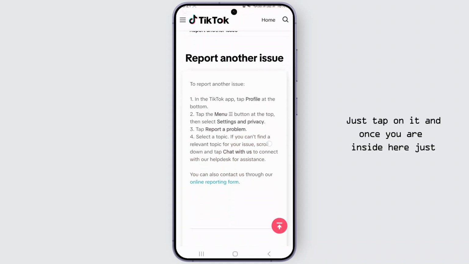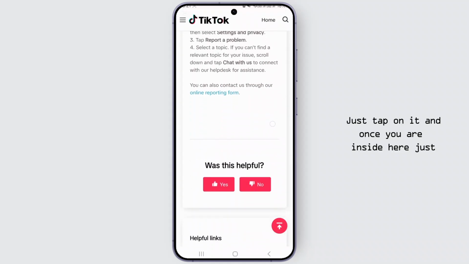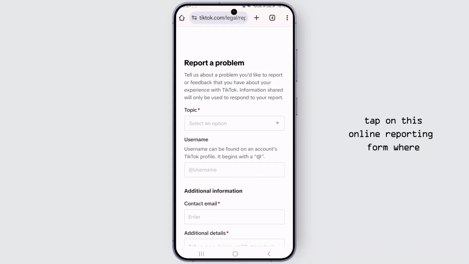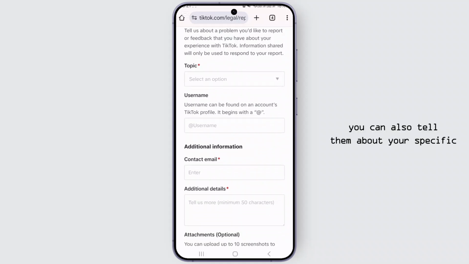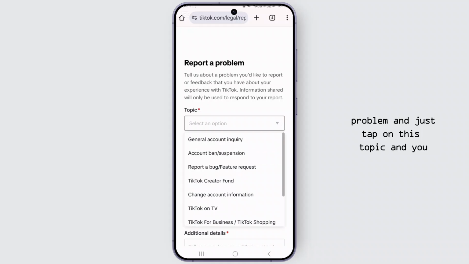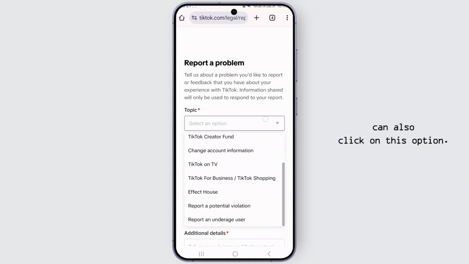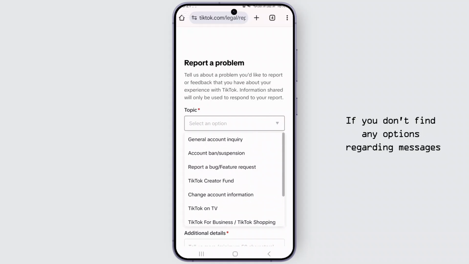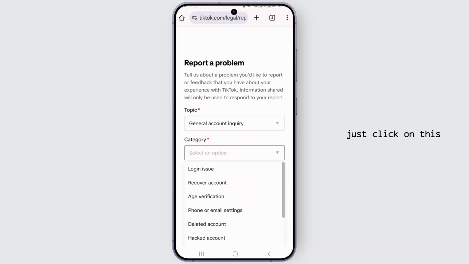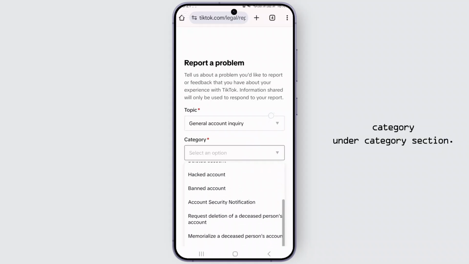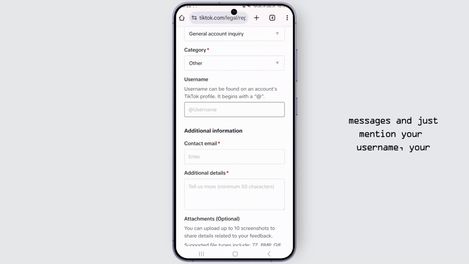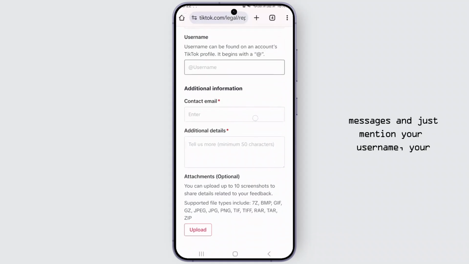Just tap on it, and once you're inside here, just tap on this online reporting form, where you can tell them about your specific problem, and just tap on this topic, and you can also click on this option. If you don't find any options regarding messages, just tap on this general account inquiry and just click on this category. Under the category section, if you still don't find any option regarding messages,